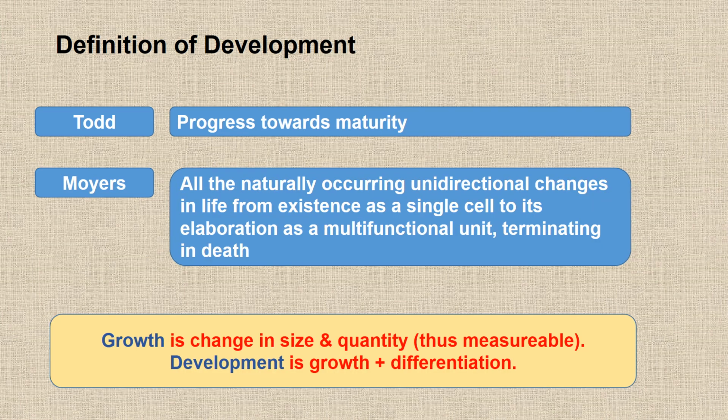It's also described as a progress towards maturity, and Moyes describes it as naturally occurring unidirectional changes in life from existence as a single cell to its elaboration as a multifunctional unit, ultimately